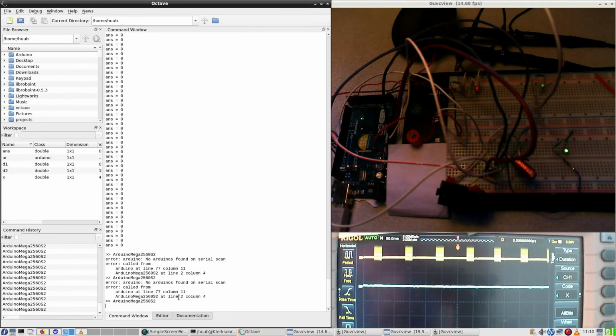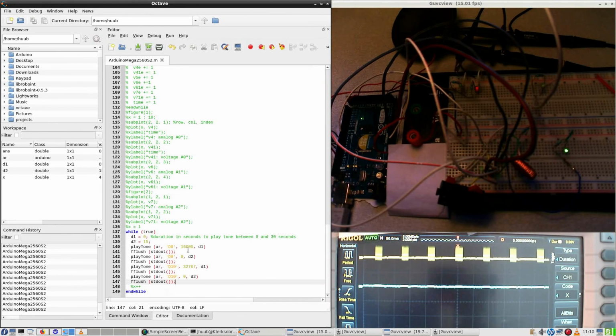But what's the difference? What is now the difference between the 16,000 and the 32? Because they are different frequencies and they should look different. Let's see. There's a 0 for